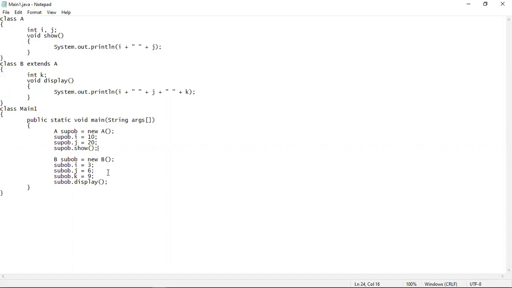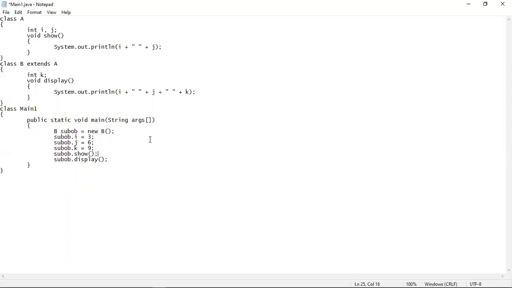So if my aim is to pass some values into the superclass variables, and if my aim is to call the superclass method, just this much, then we can obviously do it using the subclass object, because the subclass object can have access to the subclass members as well as the superclass members, because the subclass has inherited the superclass. So you can also do it like this. So let me show it to you. I'm deleting this portion. Then I'm calling the superclass method before the subclass method by using the subclass object.